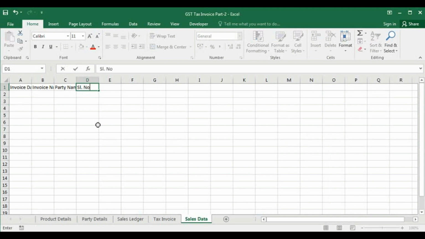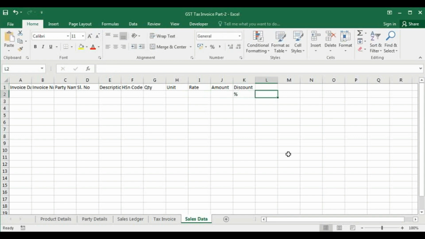HSN code, quantity, unit, rate, amount, then discount, here percentage, here amount, this will be merged, then taxable value,